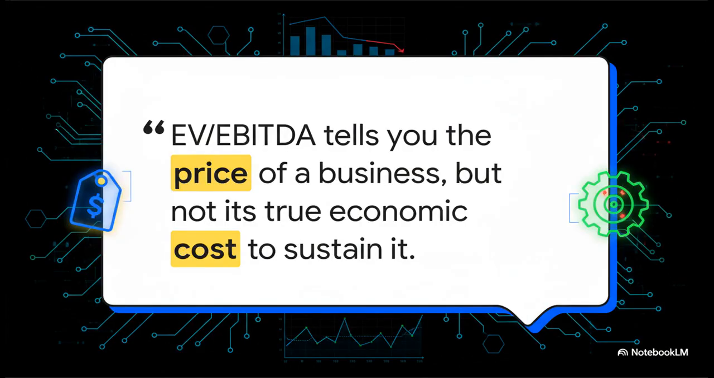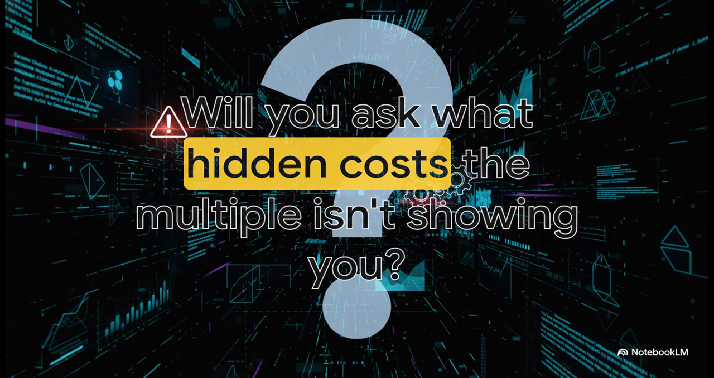And that really brings us to our final core takeaway. The EV to EBITDA multiple is brilliant. It's brilliant at telling you the price of a business compared to its peers. But what it does not tell you is the true, ongoing economic cost that's required to maintain and grow that business's earnings. So, the next time you're reading a report and you see a company valued at, say, 10 times